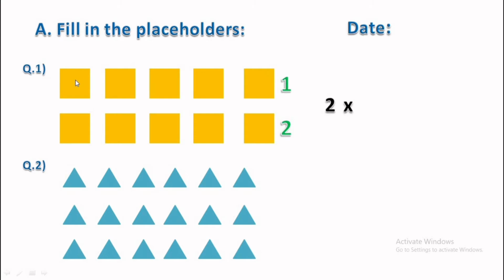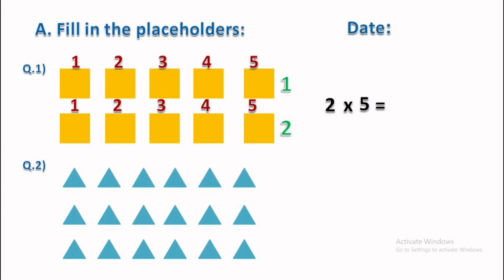So let us count. 1, 2, 3, 4, 5. In row number 2 also 1, 2, 3, 4, 5. So in rows 1 and 2, in each there are 5 squares. So we'll write 5 here. Then we'll put an equals to,